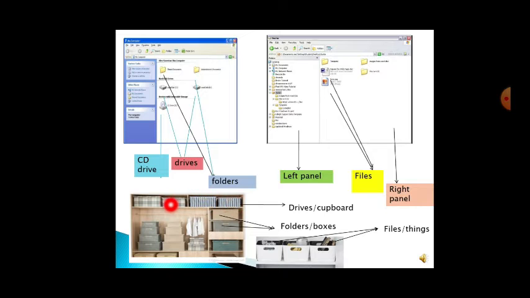You can keep as many boxes as you want depending upon the size of the cupboard. Then all these folders have some items in them, and they are nothing but the files which will be useful for us, correct? So we can compare this to the cupboard and you will get a nice idea of what is a drive, what are folders and what are files.